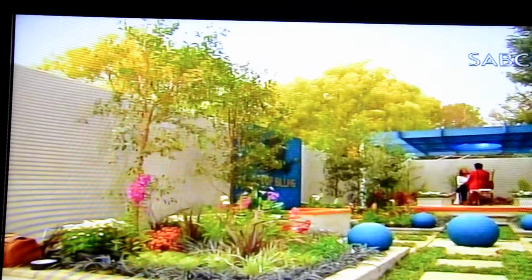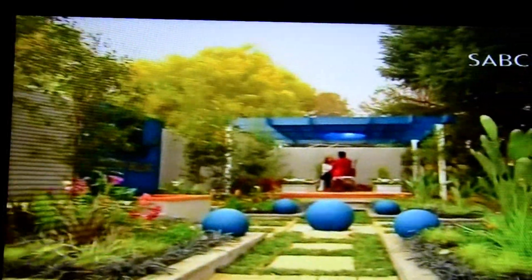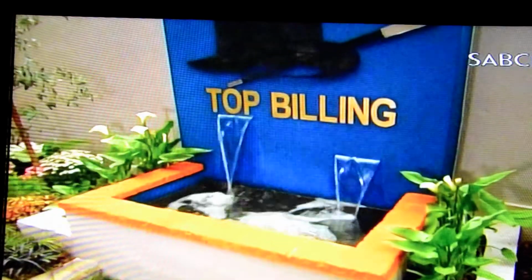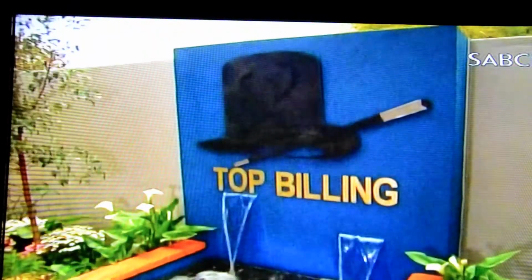Cheers. Cheers. If you're a gardening enthusiast, you have until Sunday, September the 4th, to catch this display of award-winning designer landscapes. Hope springs eternal in a garden, as it